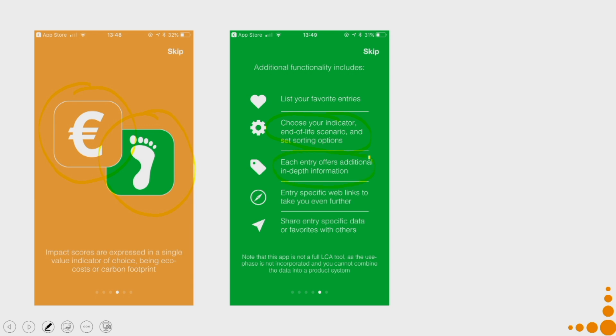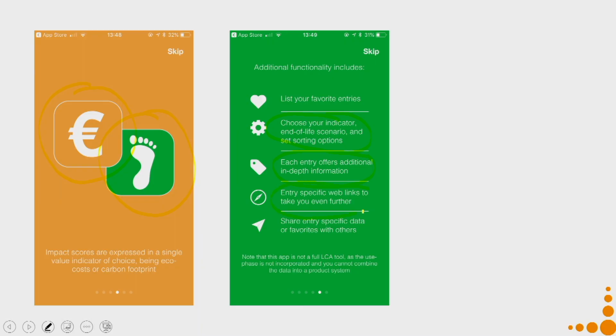There is also, each entry offers additional in-depth information. Say for example, you are very new to this particular platform. You know you want to use plastics for your design. So, this platform helps you to compare all available plastics on its eco cost as well as on your carbon footprint, depending on what option you have selected, also depending on the end of life scenario that you have selected. Plus, it also gives all the mechanical properties, all the electrical properties and so on, which you might require to consider in order to put a particular plastic into your design.